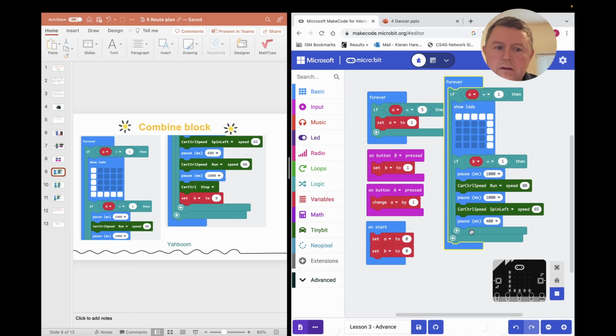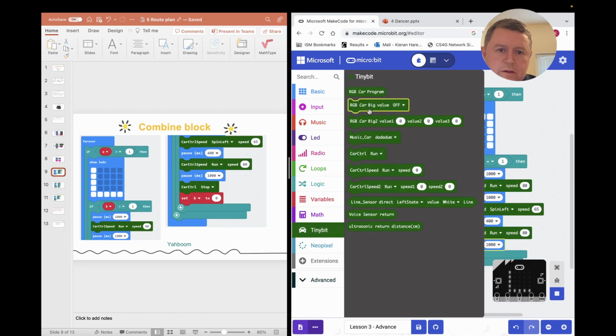another one here. So we have another speed run. We have another one here. So I can just copy that one actually. Copy, Command C, Command V, paste it, and put that in. And then we're going to do another pause. So I can take this one, Command C, Command V. It's 1000, and then we have one more